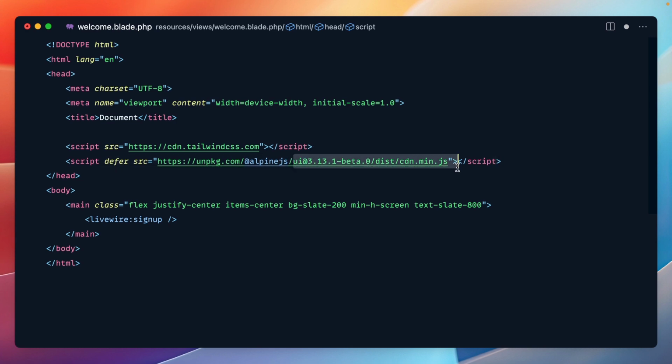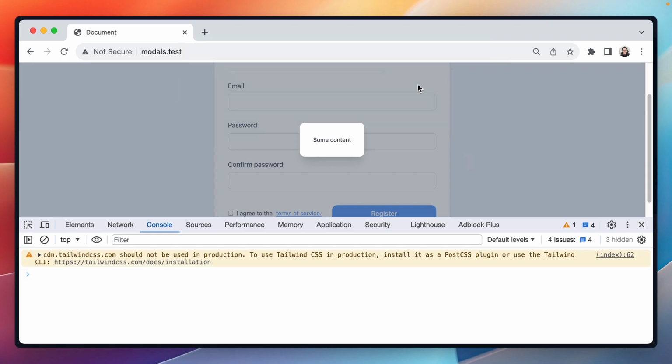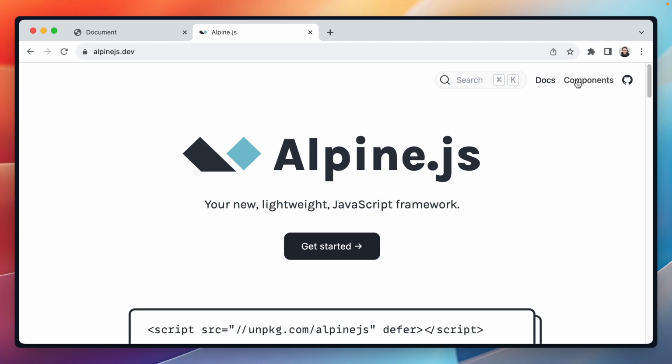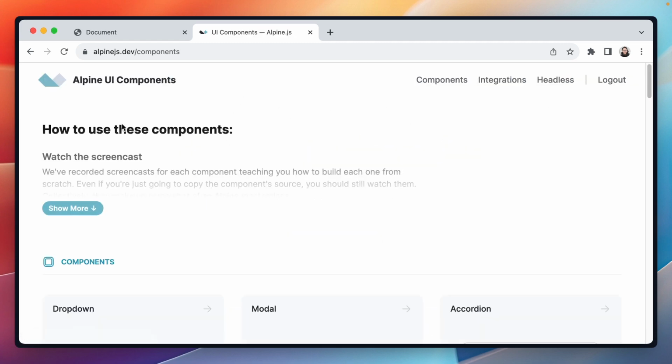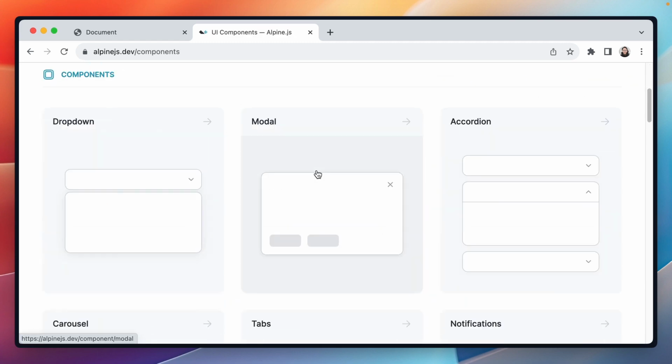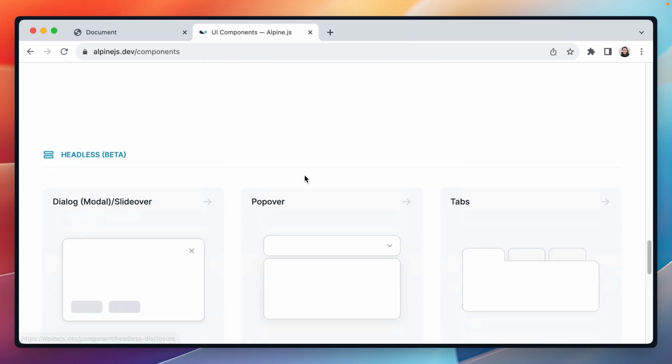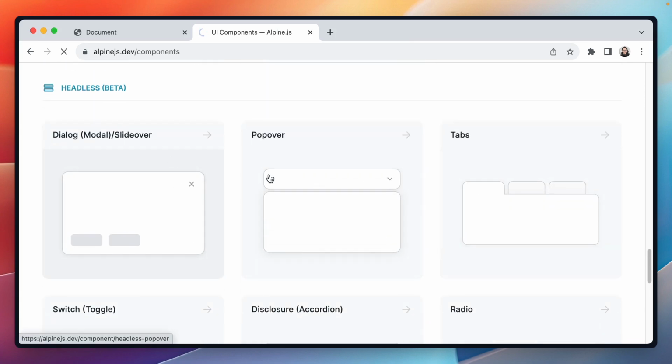You don't have to really know what this is. I'm going to tell you a secret. Here's the secret. If you go to Alpine's docs and then you access the components inside Alpine's docs, there are components and they cost money, but I'm going to give you one for free. So if we actually go to the dialog modal component,